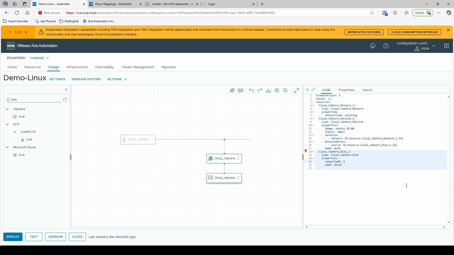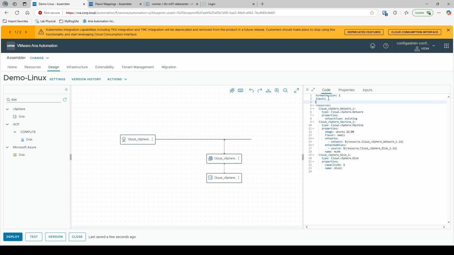But that's not going to work because you don't want to have a whole bunch of machines named the same in your environment. And in many cases, it will actually result in failures. So what we can do is, instead of hard-coding the value down here, we can actually use something called inputs. And these are inputs that basically prompt the person who's requesting the cloud template to provide some data. You have two ways that you can do inputs. Just like the YAML code, you can edit raw here,